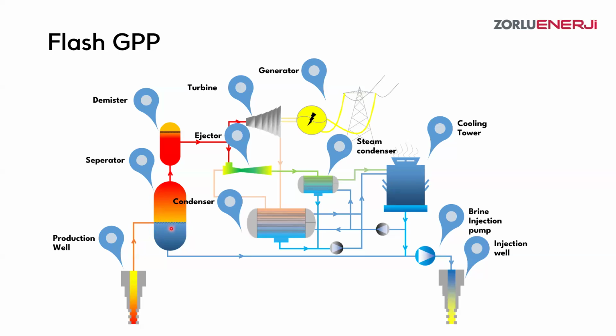In that separator, at a given pressure or temperature value, you are separating the gas and the liquid parts of that geothermal fluid, and the gas part is sent